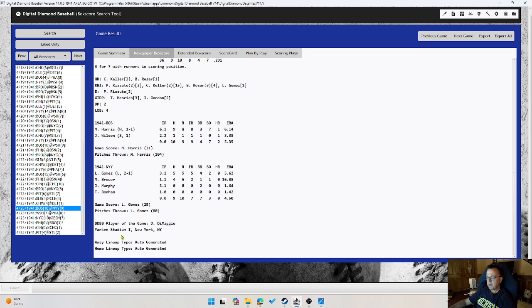We're in Yankee Stadium, the first one, and the Digital Diamond determined that Dom DiMaggio was the player of the game. I am not doing as-played lineups. I'm doing auto-generated lineups. I went ahead and am just letting the default manager profiles that are set up with Digital Diamond determine the